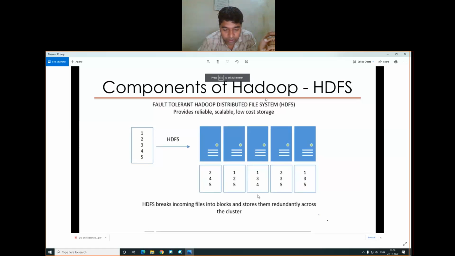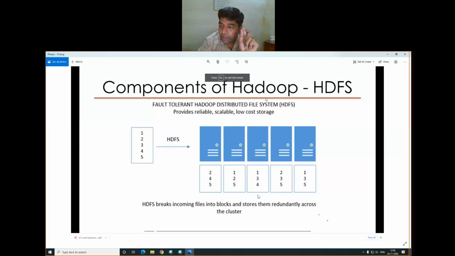It is designed for very large size data sets and stored on a cluster, because it stores the data in the form of clusters, and is developed on the idea of